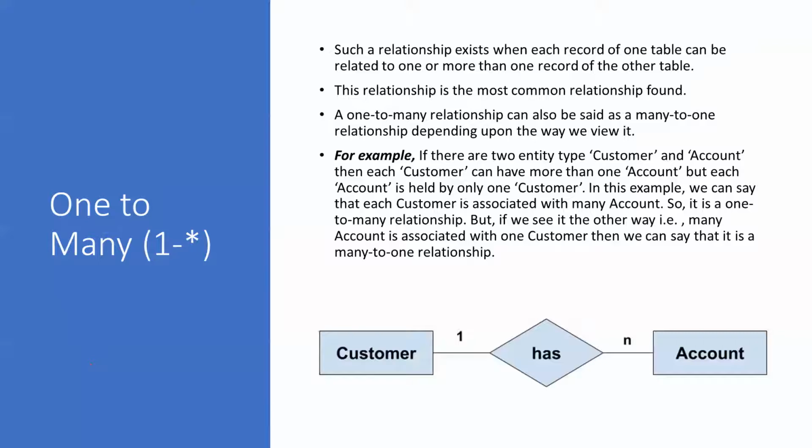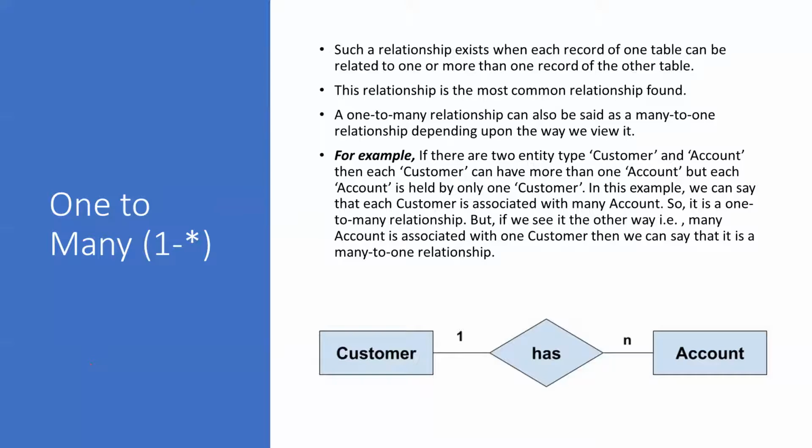Okay. So the next relationship is one-to-many. If you see in the bracket, I have written 1 slash asterisk. So asterisk here means many, that is, one-to-many. So if you see an example, here we have a diagram depicted using an ER diagram, where we have customer and accounts tables. Let's say talking about accounts, one customer can have multiple accounts, right? If you go to a banking system, every person can have multiple accounts. He is not restricted to a single account.